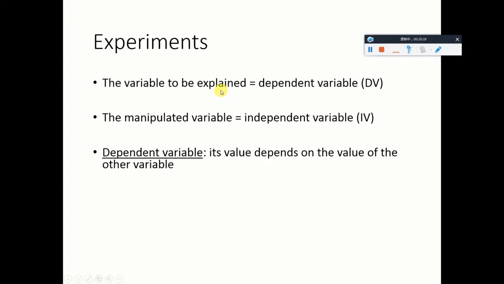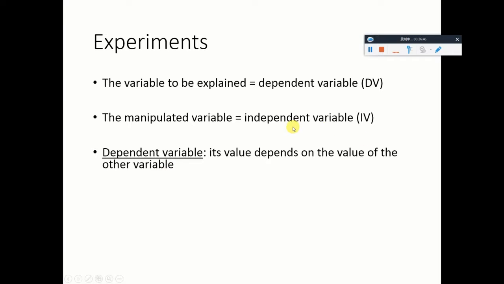We call the variable to be explained the dependent variable because, as we just explained, its value, for example, how friendly we'll perceive Mike, will be dependent on the value that the independent variable, the personal warmth in our previous example, would take, either warm or cold,